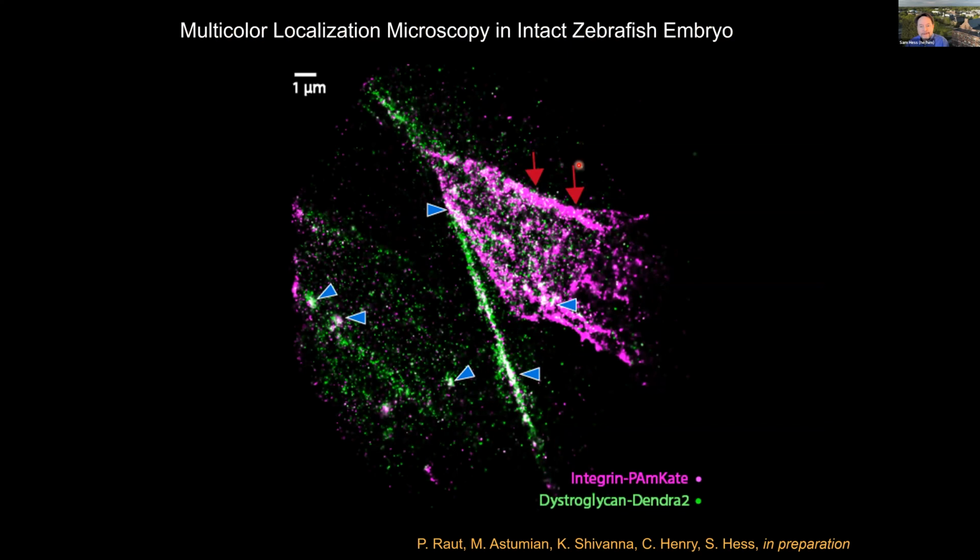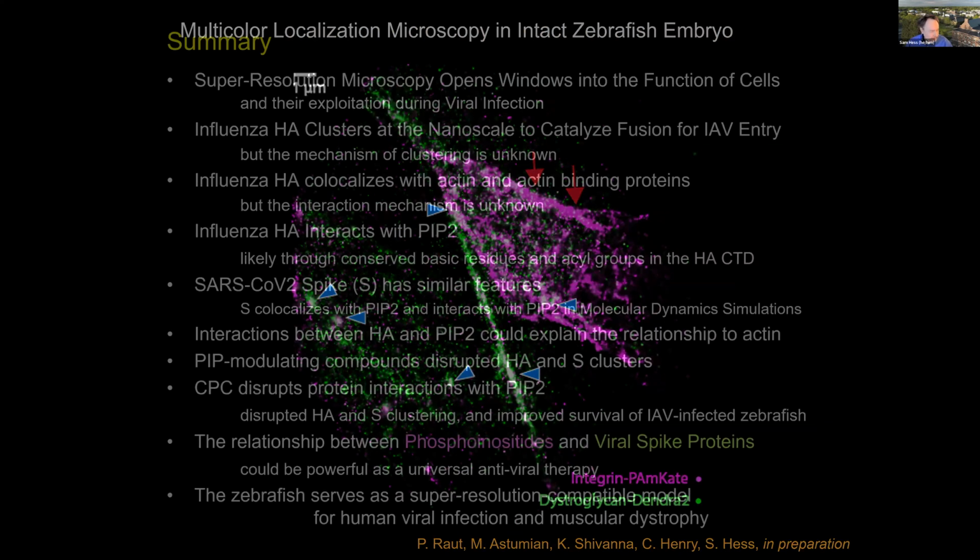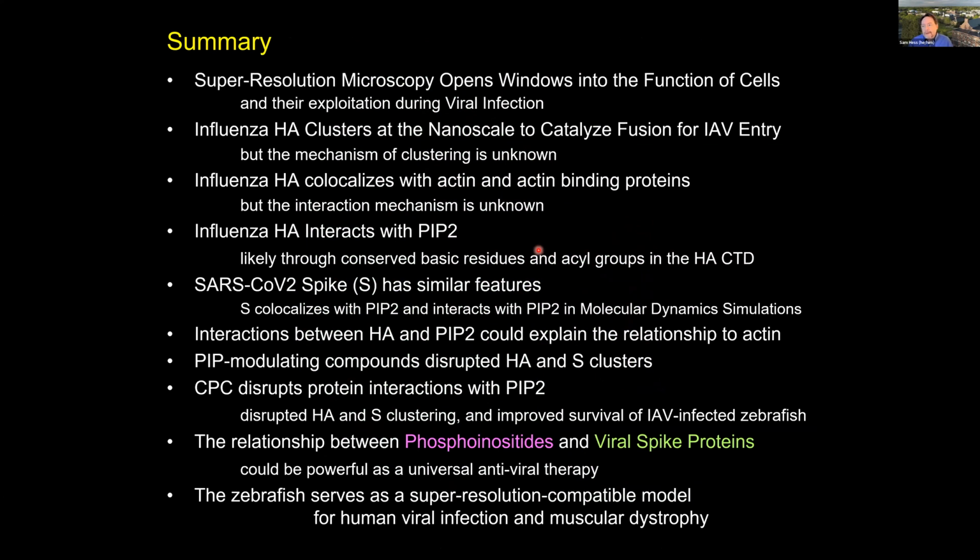Not to leave out the capability of multicolor as well in the zebrafish, which allows the visualization of intermolecular interactions that are typically very important in disease. So in summary, super resolution microscopy was developed in the late 2000s. I was very lucky to be involved in the early development of localization microscopy. And it was really because of my desire to study viruses that I pushed, and I had the need for it, and an immediate biological application once we got it to work.